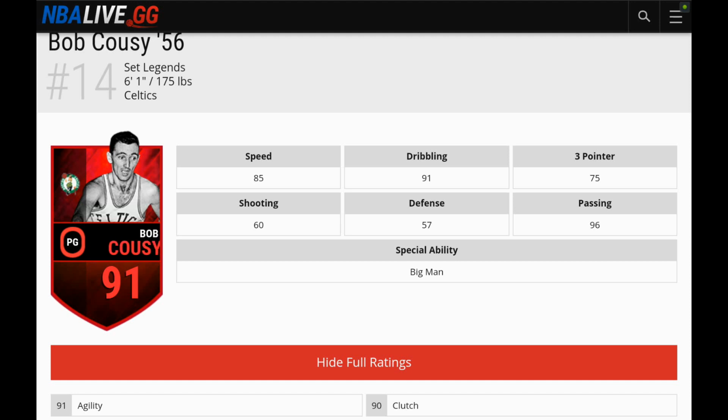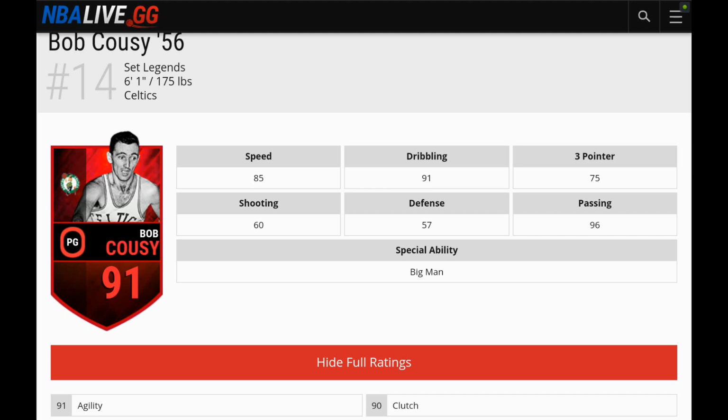So I know a while ago I did a video on hidden ratings, but it's been a while, and also, sorry, we do have some new information on hidden stats for NBA Live Mobile players. So first thing you're going to need to do if you want to find the hidden stats for your player is go to nbalive.gg. The website is basically, they get direct information from EA about stats for the players, hidden